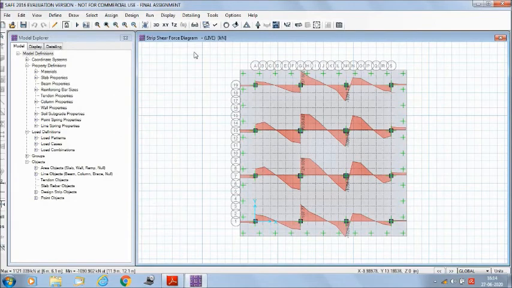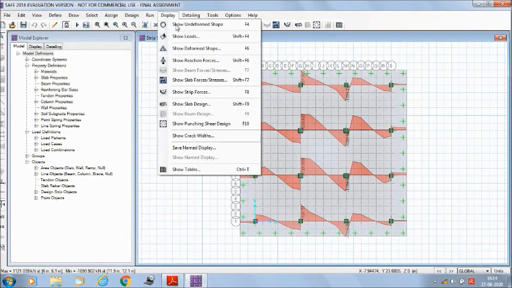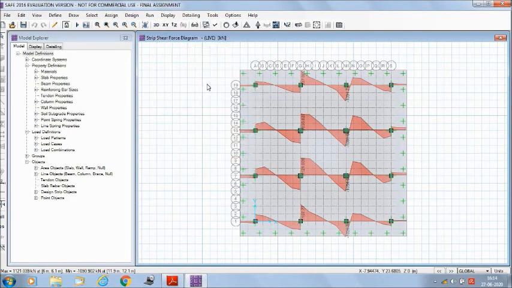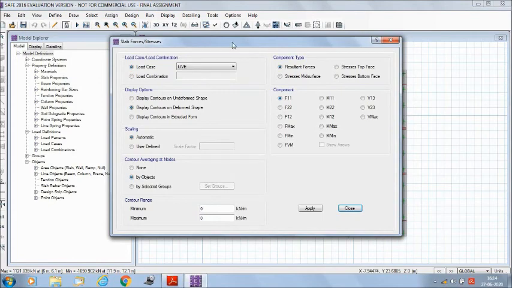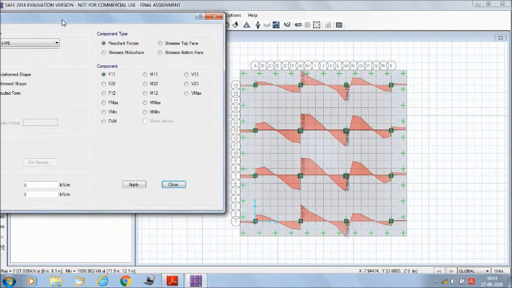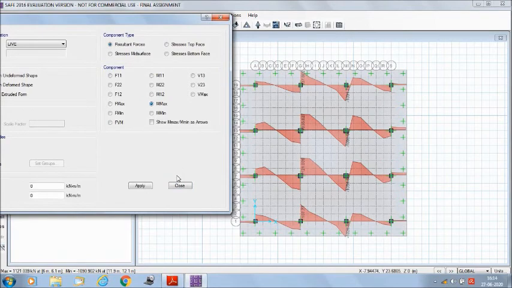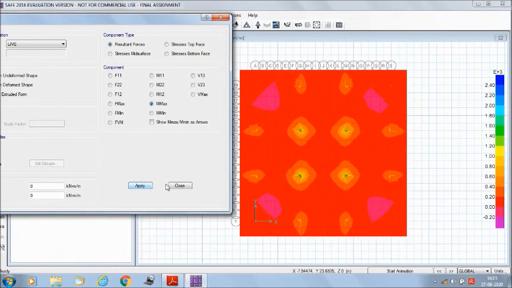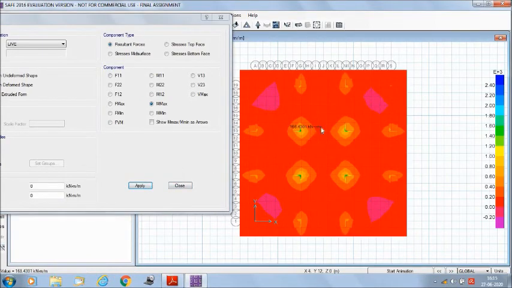Now we will go to display, show slab forces. Here we will choose the maximum movement, so apply. Here you can see the maximum movement. According to the color codes we can also verify.